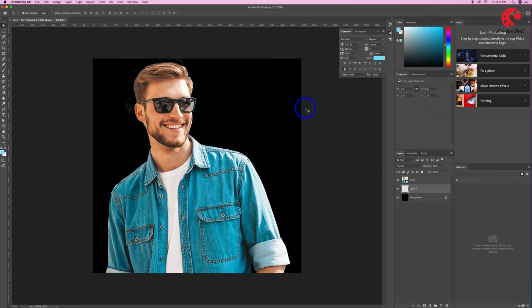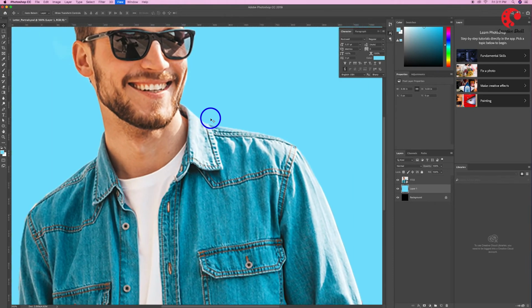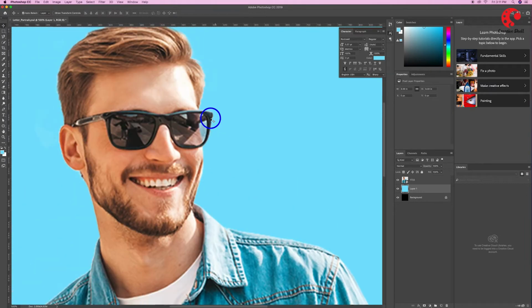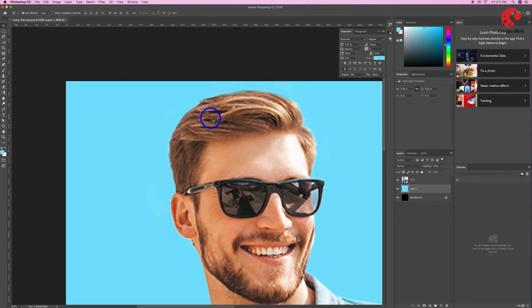There is one thing that needs to be corrected in this image. If you zoom in on the man's face, you will find that the man who shot this photograph is clearly visible in our model's sunglasses. So we'll have to hide him. It's not much trouble, just choose the pen tool and start tracing inside the glasses. To close the path, press enter.